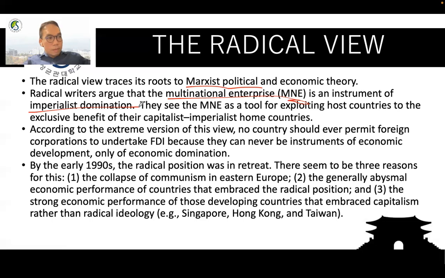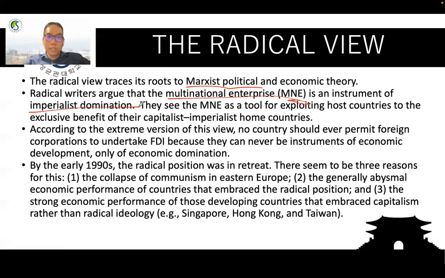Like the Dutch had the VOC in the past. The British had the EIC or some other names. Spain also had, Portugal had some multinational corporations in the past that came to the new worlds, the undiscovered worlds at that time, to look for natural resources, labor, and some other resources. So this kind of historical perspective